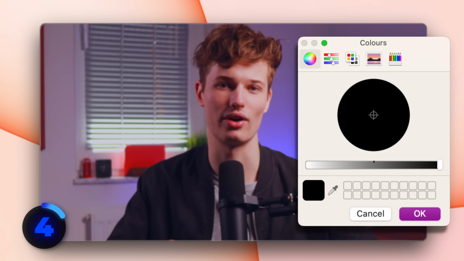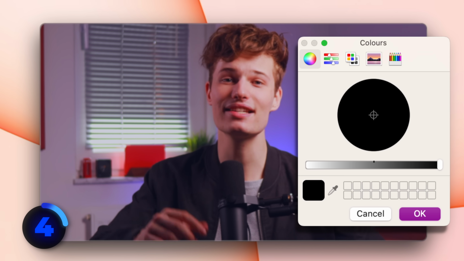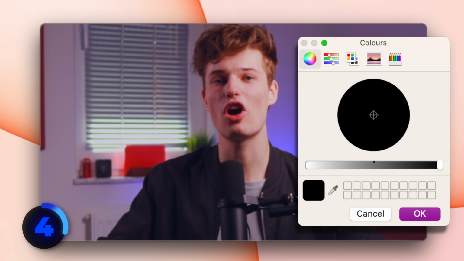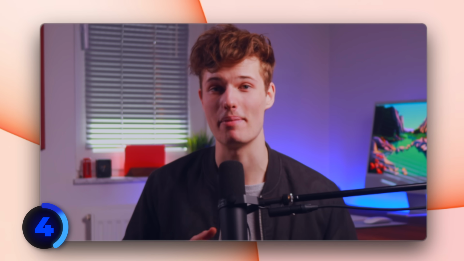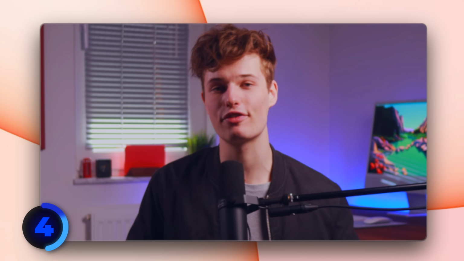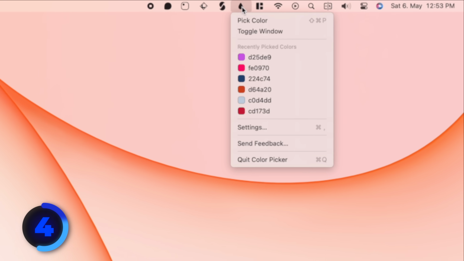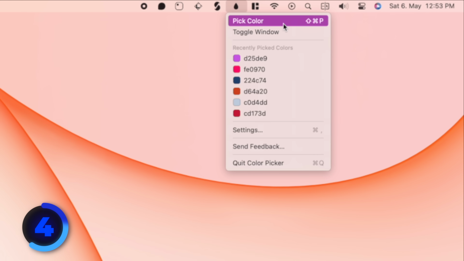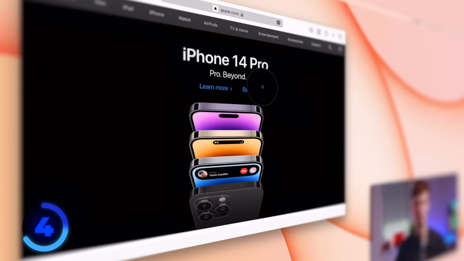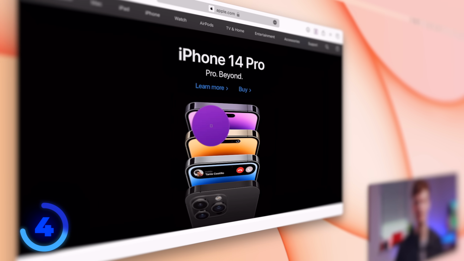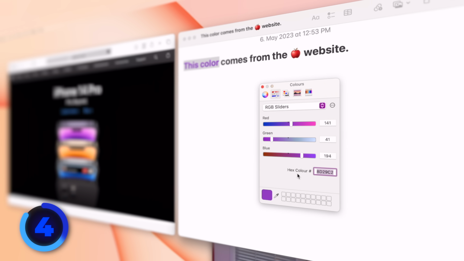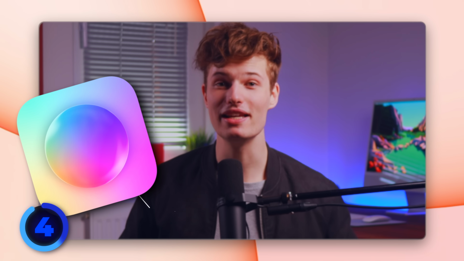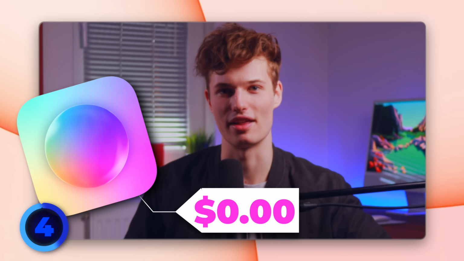Color Picker. You might know the Color Picker tools from Photoshop or even PowerPoint to select and detect a particular color and then copy and use it somewhere else. Color Picker adds this functionality to your menu bar so you can use it whenever and wherever you want to. Simply click on the Color Picker tool and then use the pipette to click on the color you want to select. The app will automatically copy the hex color code to your clipboard so you can paste it into your design app of choice. The app is completely free to use and you can download it in the Mac App